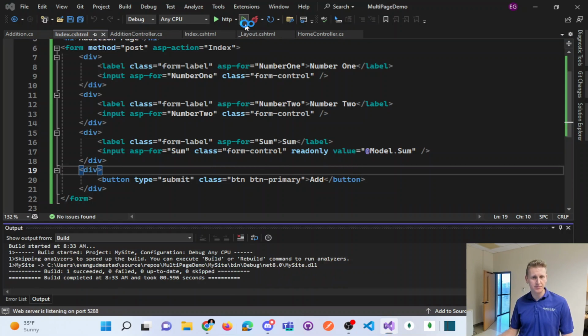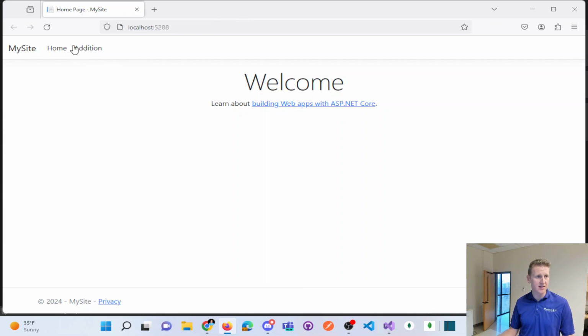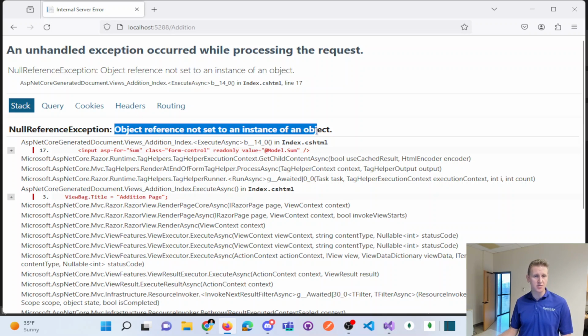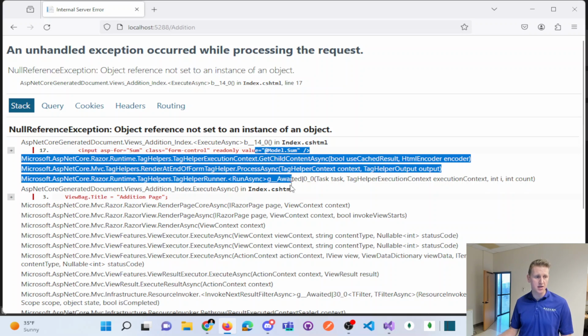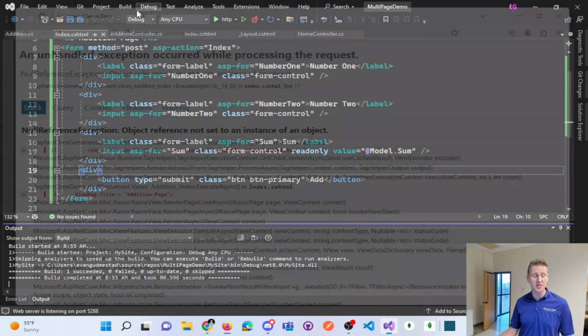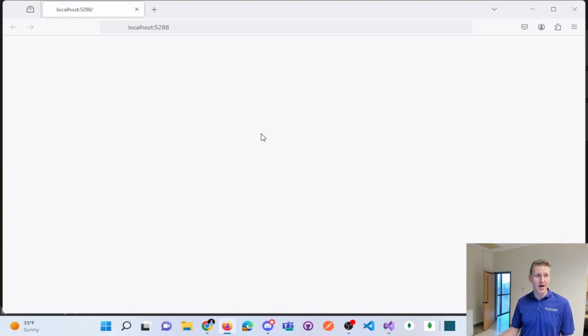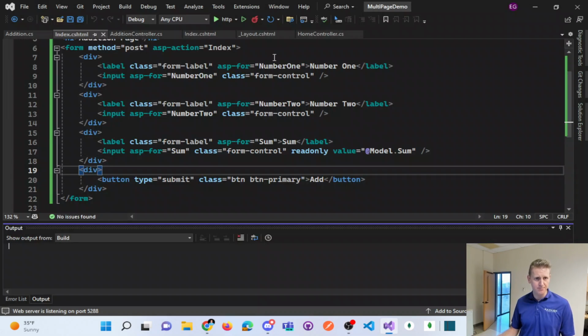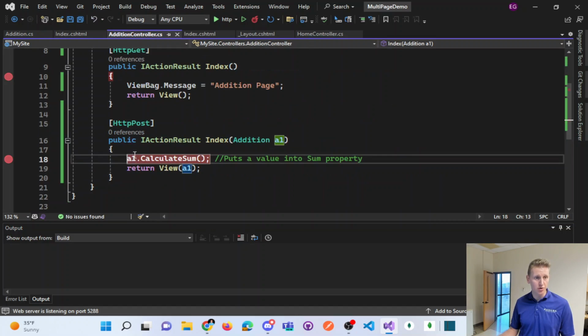I believe this is going to be what we're looking for. Now, okay, object reference not set to. We don't have a sum when the page loads. So what's happening here is we're trying to display a sum that has not been calculated yet. So what I can do back on the addition controller,